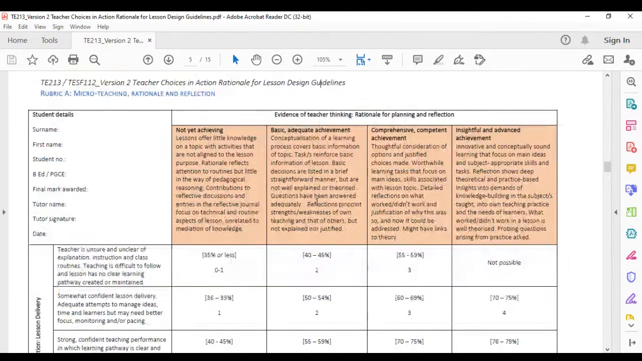So what I am going to use is this rubric. It's not the normal rubric that you are used to. This one works like this. The evidence of your teacher thinking, in other words, your rationale for planning and your reflection, is assessed by looking at these four columns. Not yet achieving, basic, adequate achievement, comprehensive, competent achievement, or insightful and advanced achievement. So for instance, you are aiming for this